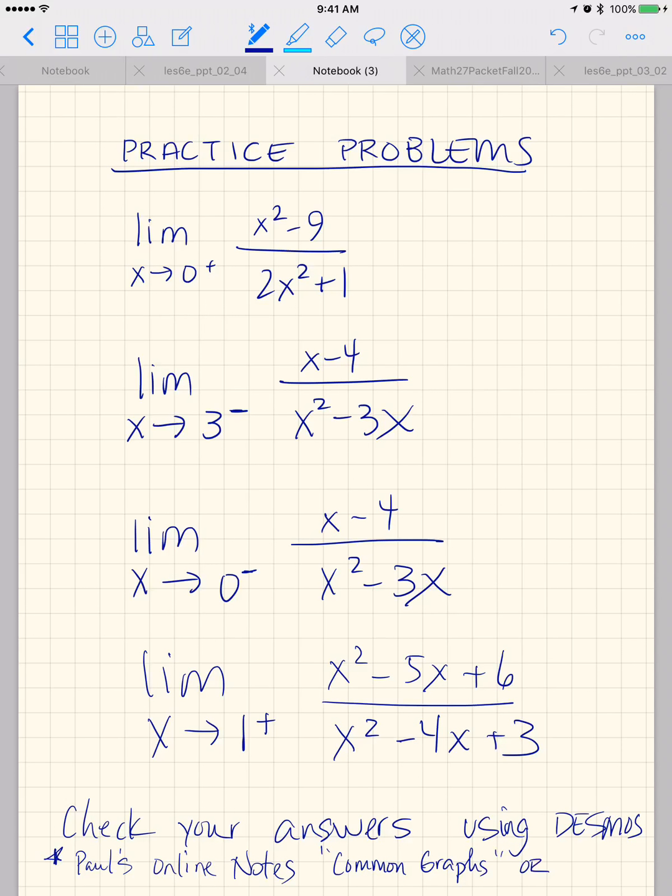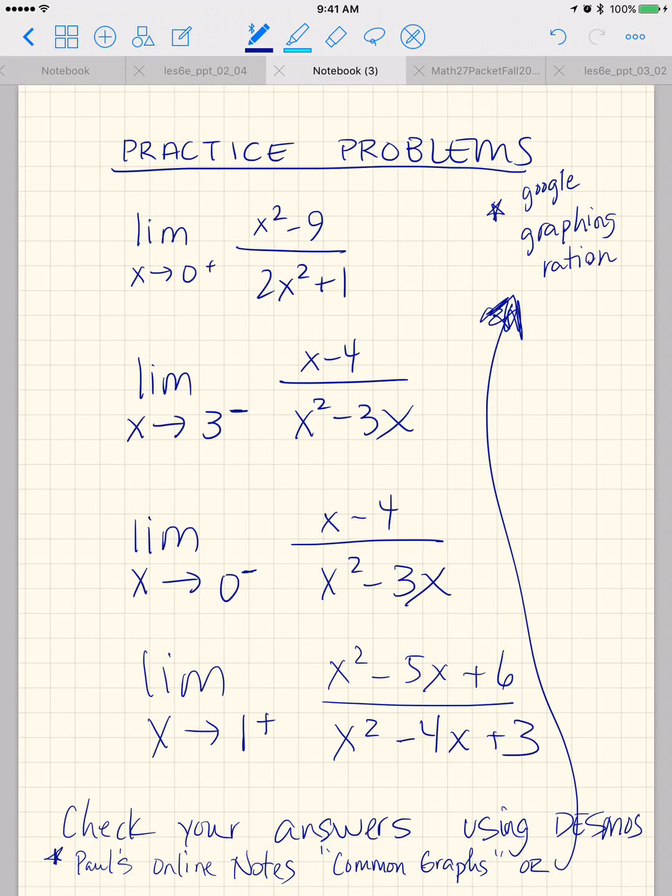And there's just, or, and then I'm going to go up here and say or Google graphing rational functions, and you can practice computing limits because it's essentially a step in graphing rational functions, or you can Google limits of rational functions worksheets. Okay,